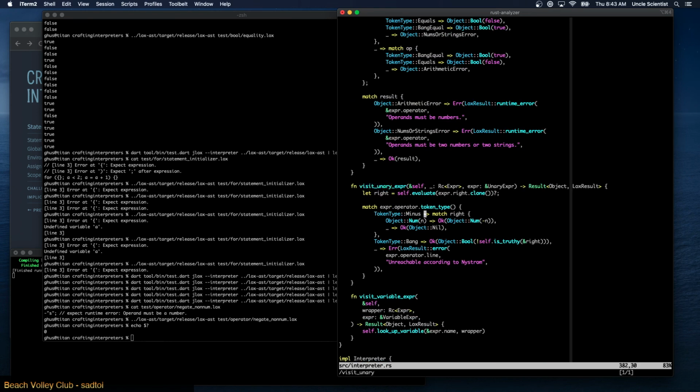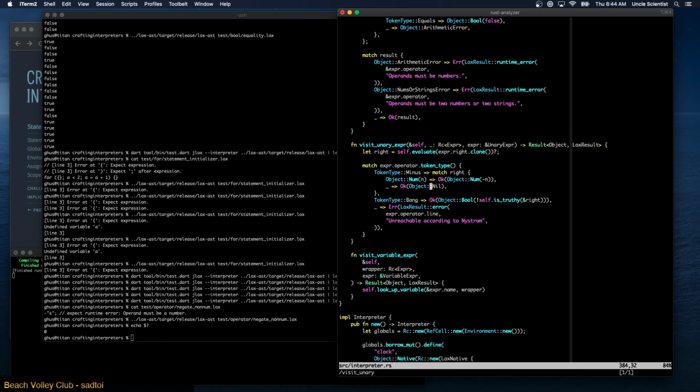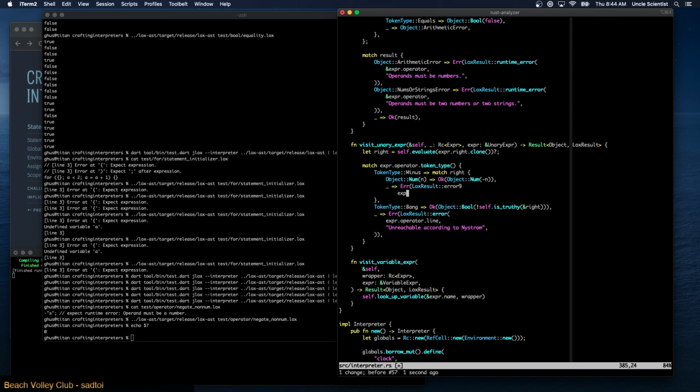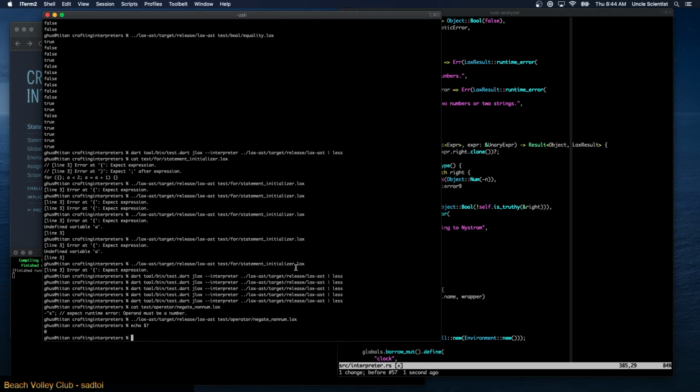If it's a minus, and it's a number, oh, and then we return nil. Okay. All right, so we should be returning a LOX result. It shouldn't just ignore it. It should actually return an error. Right, so we say error. LOX result, error, expr operator, runtime. It's a runtime error.